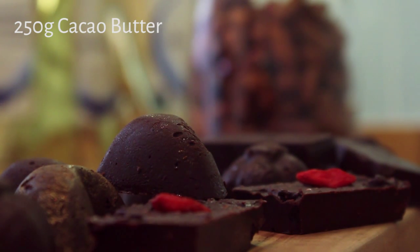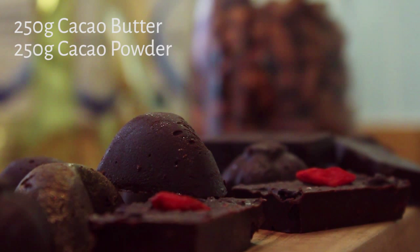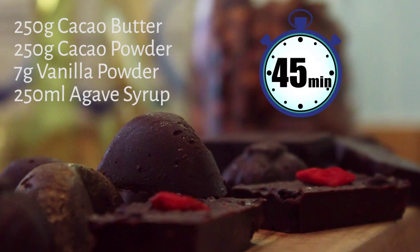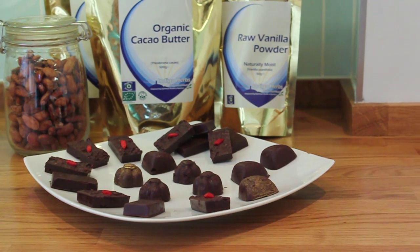So to review, take 250 grams of cacao butter, 250 grams of cacao powder, 7 grams of vanilla powder and 250 ml of agave syrup, and just 45 minutes from your day. You can find this delicious recipe amongst many others on our website at